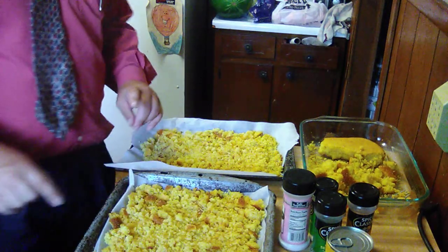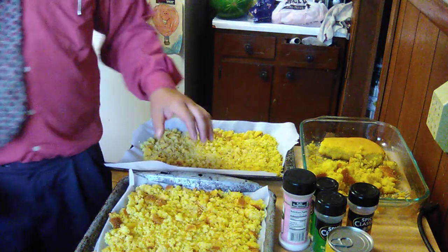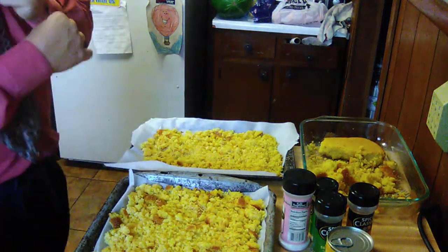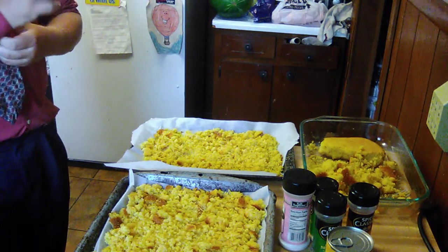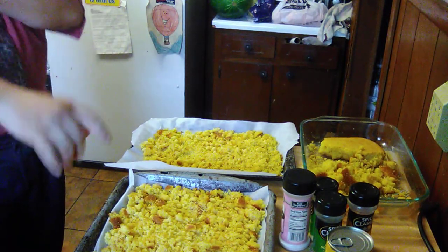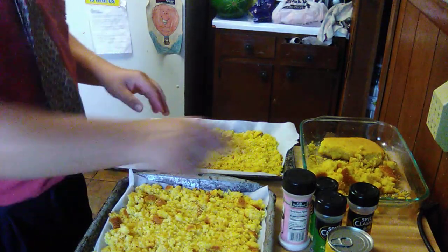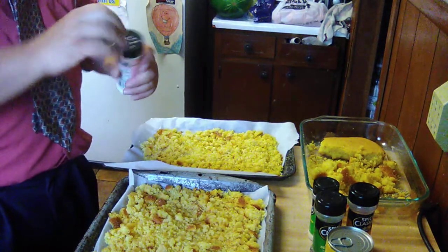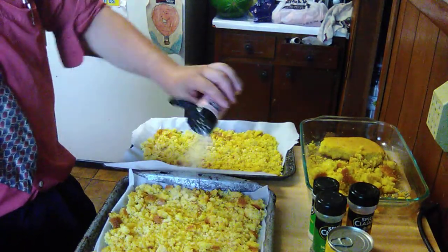That way, when it bakes in the oven for about 15-20 minutes, the cornbread crumbs will be good and dried out, for the most part, I should say. I've made this before, and sometimes it doesn't, but by the time it's all said and done, it's still going to be good. Now, I'm going to add some flavor. I'm going to add some herbs and spices to it. First of all, I'll add some salt